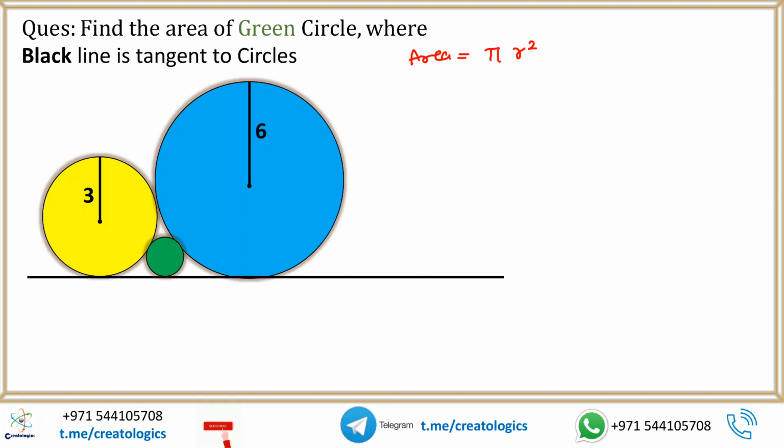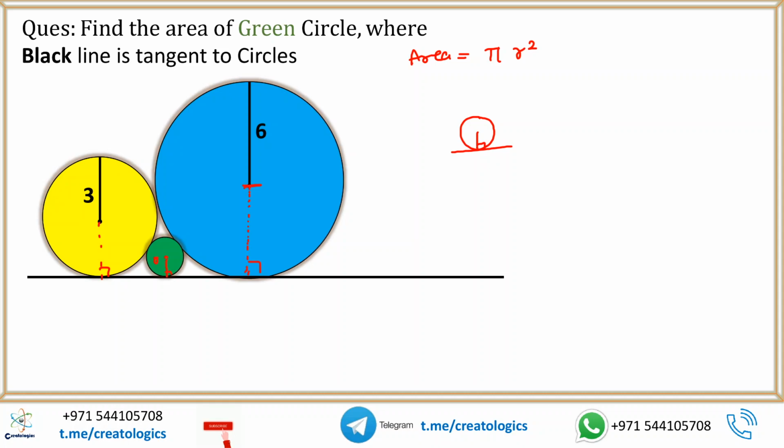Now in order to find the radius value, I will use a few properties. If from the center of a circle I join the point of contact of tangency, that is always going to be perpendicular, right? So if this is the center of the circle and I extend this, it is going to be perpendicular to it. So just drop these perpendiculars from the center. Let's say the radius of this smaller green circle is r units. So this is also a perpendicular. I am using this property that if you join the center of the circle to the point of contact of the tangency, then the radius is always perpendicular to the tangent.